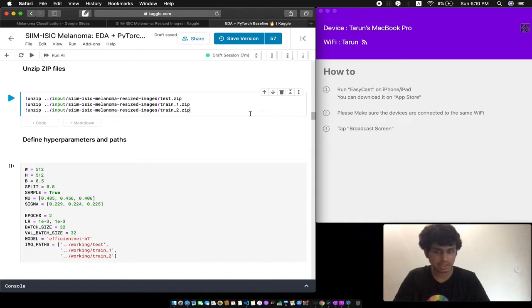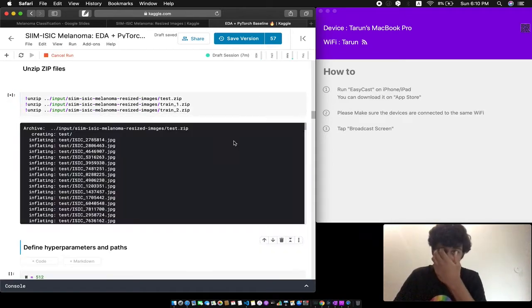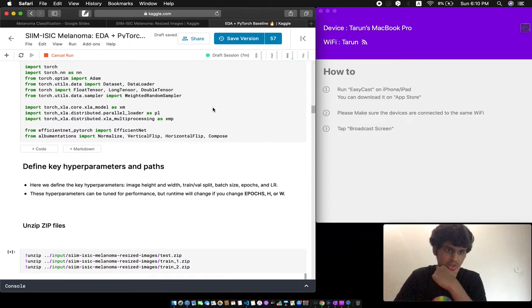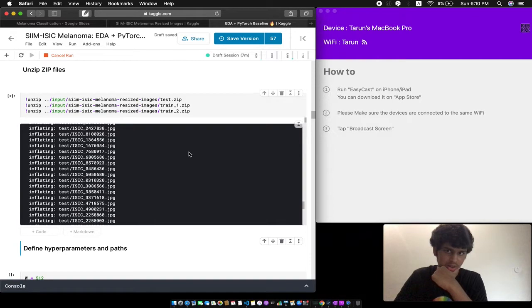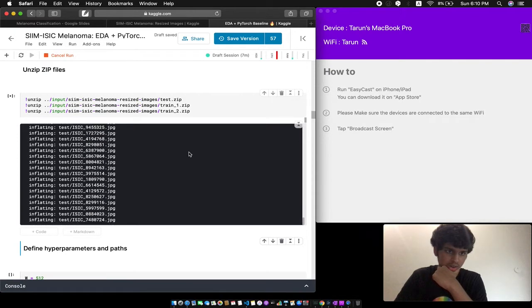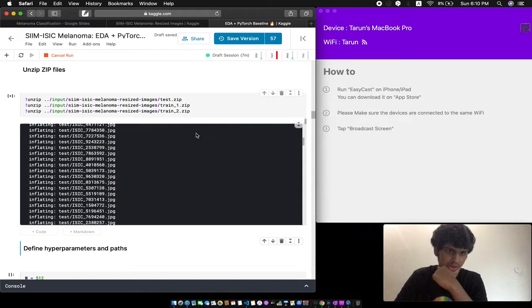So let's just inflate these zip files and get all the images. Okay, cool. Looks like it's working. Okay, cool.